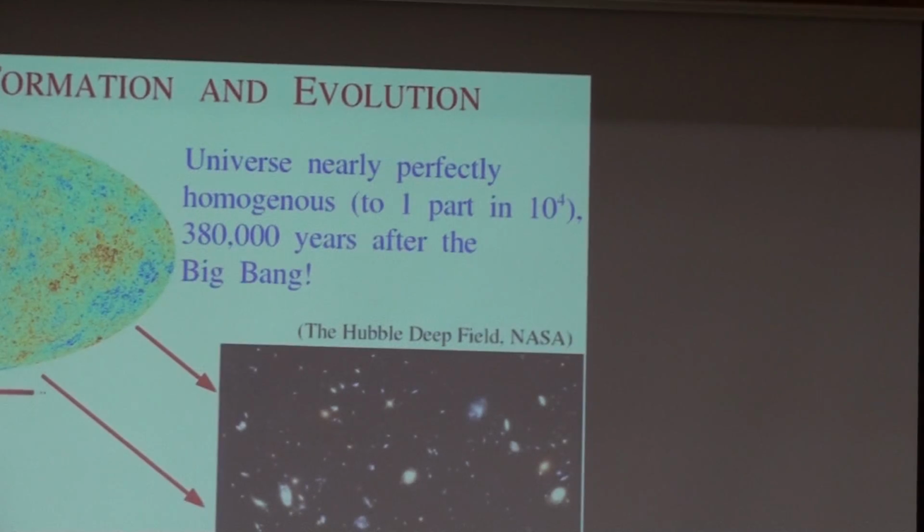And we've gone from a universe like this, 400,000 years after the Big Bang, to a universe like this today. This is the Hubble Deep Field, the deepest astronomical image that we have made so far. It's a wonderful image, made with the Hubble Space Telescope. And the universe, we can see clearly, is massively inhomogeneous today.